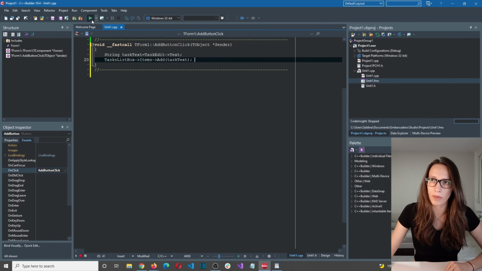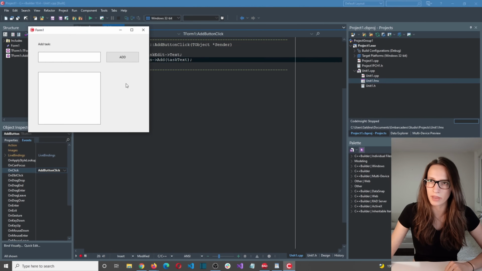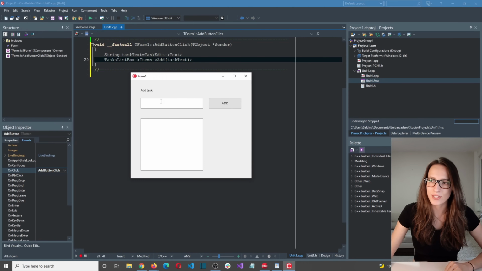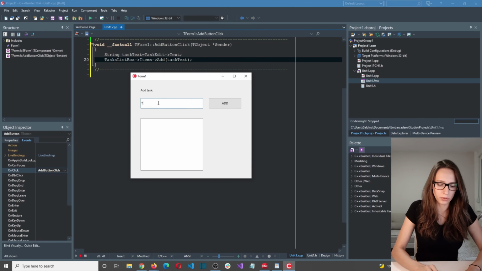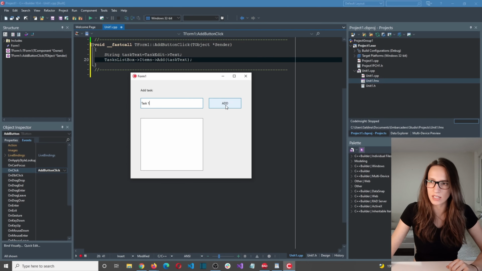So if I run my program now, let's see what is going to happen. Okay, perfect. So let's type, for example, task 1, and let's click add. And as you can see, this task has been added to our tasks list. Let's add another task. Okay, and then a third task,